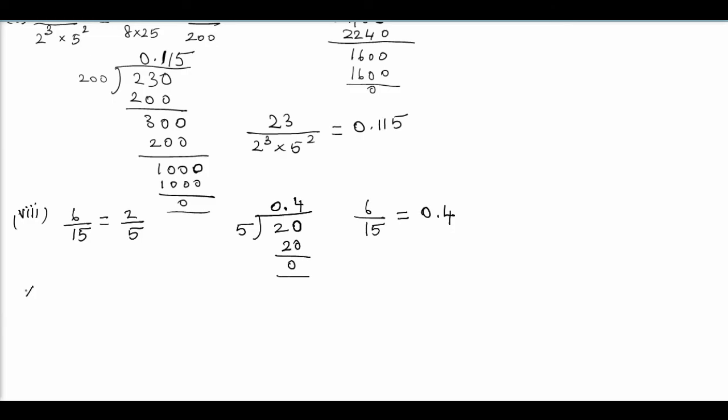And then finally, the ninth subdivision is a terminating decimal and the number given is 35 by 50. Here again we can cancel the common term 5 from the numerator and denominator so that I get 7 by 10. You need not divide, since it is divided by 10. You have to shift the decimal by one place. So automatically it becomes 0.7. Therefore the decimal expansion of 35 by 50 is 0.7.